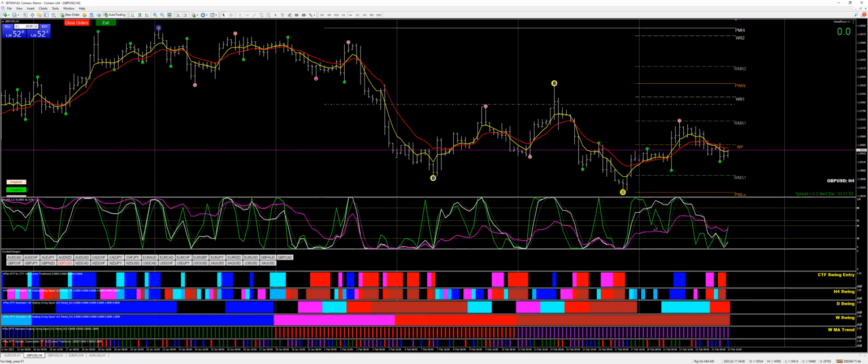Correct. So by looking at these two, it keeps you from pairs that you should not be trading, right? I mean, we have a penchant to trade the pound dollar, but the pound dollar didn't set up here. When it set up over here last week, right there, right? And if you drop it down to the 15,